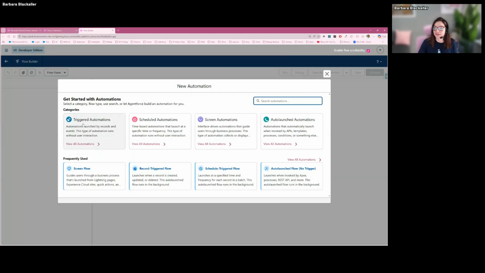All right, so like I was saying, Salesforce now has a bunch of options. You have some categories. So triggered automations, these would be where the automation gets launched from other automations or from other actions. Scheduled automations. So this is what we were talking about. I want to get an email every month with all the birth dates for the coming month. Screen automations. So these are the ones where the user has to interact with the form that you're creating,